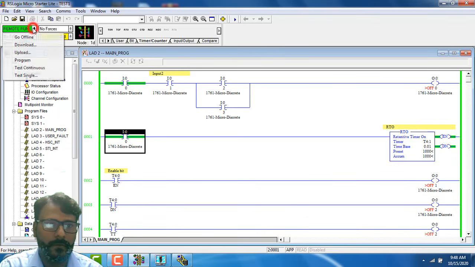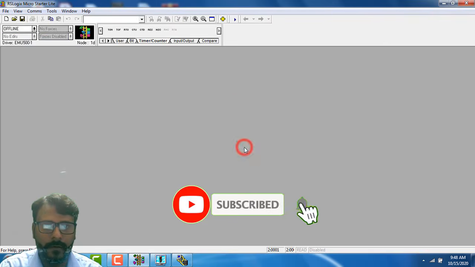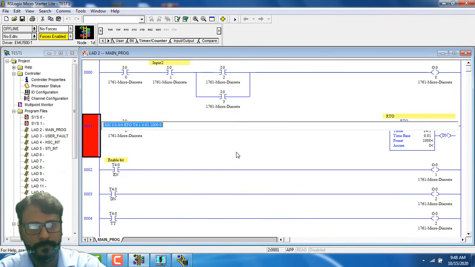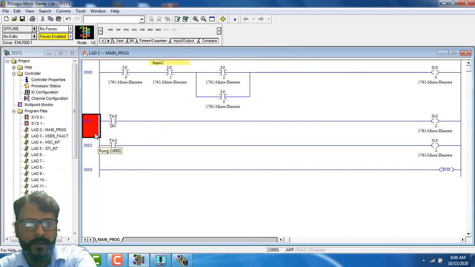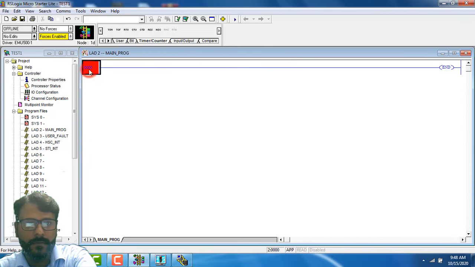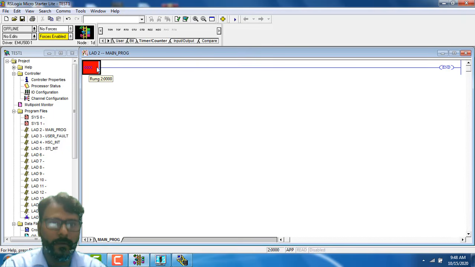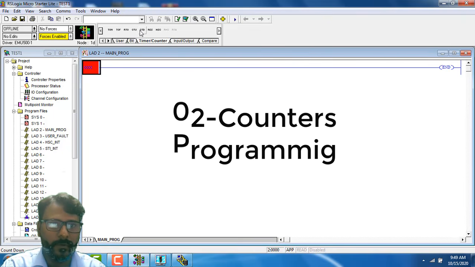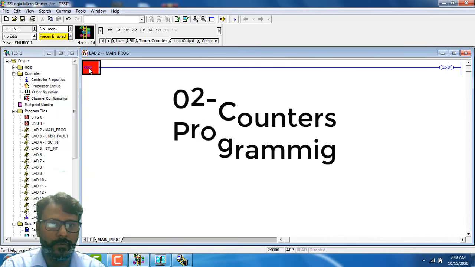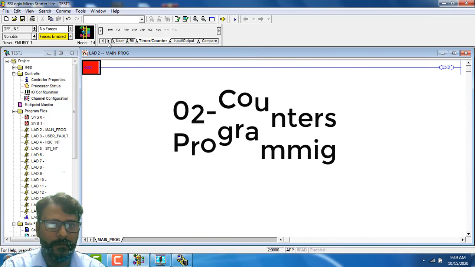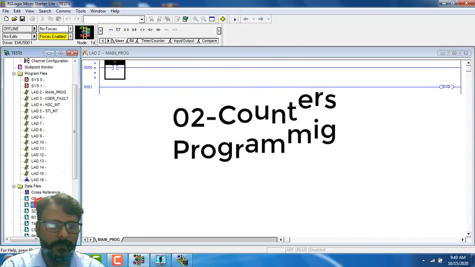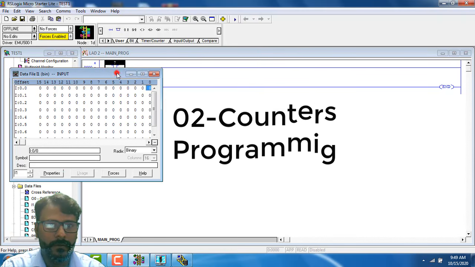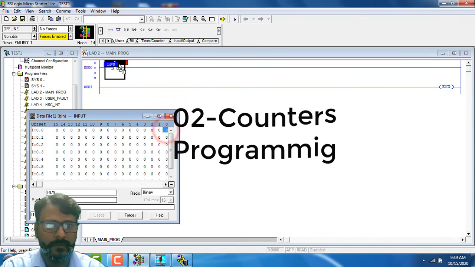Okay, now I will close all this one. I will delete all of it. So now we will take counters. There are two types of counter: counter up and counter down. So I will take here one input, this one, and I will trace it by this table. You can see here this is one input,